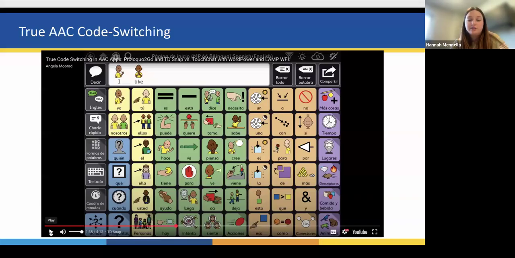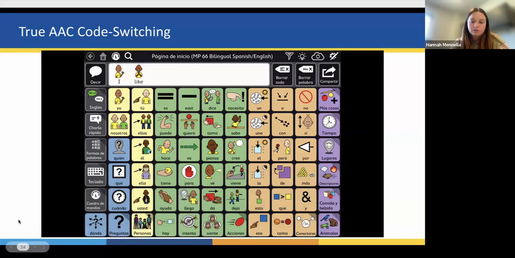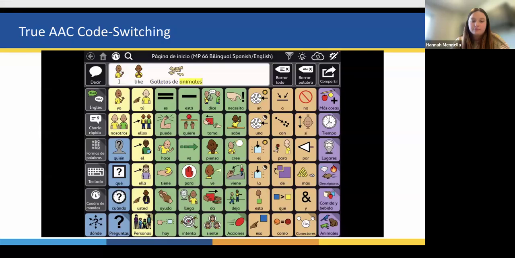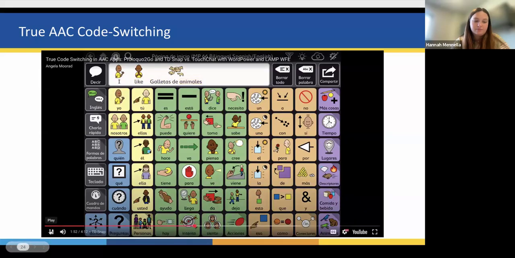And also you'll hear when she activates her button, the voice has changed. So she was speaking with Ella's voice, and now she'll be speaking with Valeria's voice. Spanish. Animales. Again, you will hear Ella, and then you will hear Valeria. I like. Galletas de animales. Okay, so you hear the voice change in the middle of that sentence there. You can also see that your function buttons are in Spanish on this page. So your speak button up here is in Spanish, your clear button, all of your little keyboard buttons, all of those are also in Spanish.